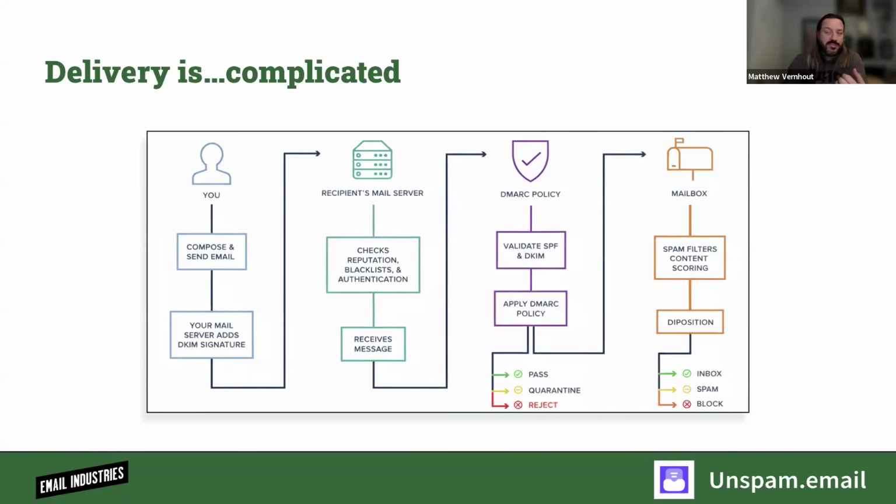So, once you've composed your message and hit the send button, your messages get signed digitally by DKIM signatures, and then they route off to the respective mail servers for the recipients. Those systems check a whole bunch of things. They check block lists, they check reputation filters, they check third-party solutions. They also validate authentication as that's happening during that sort of message reception period.